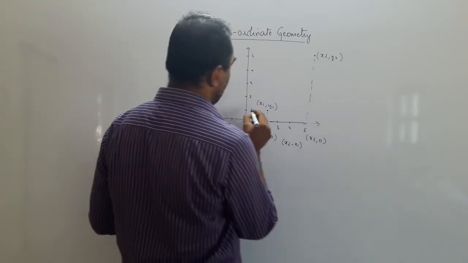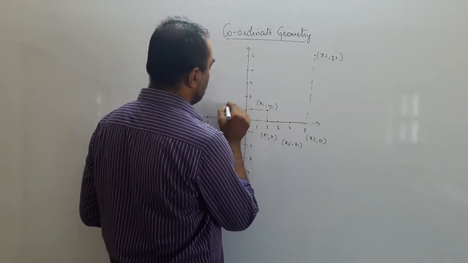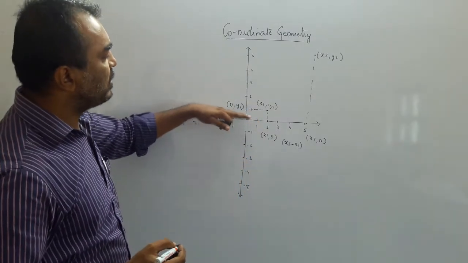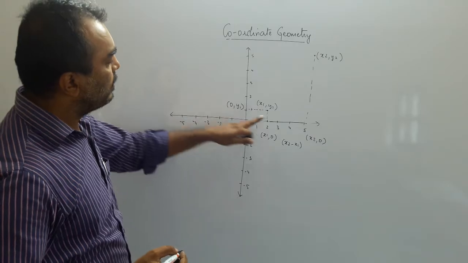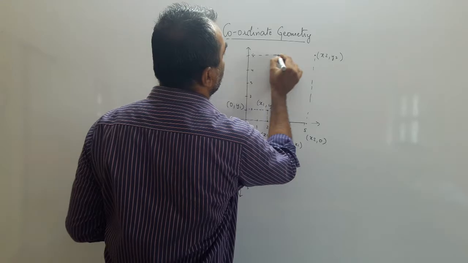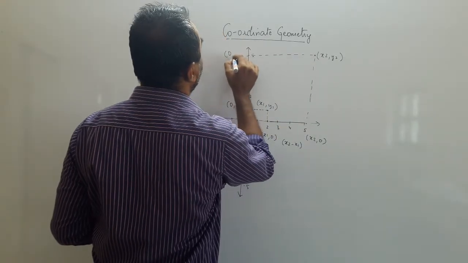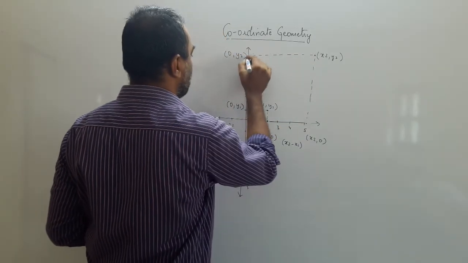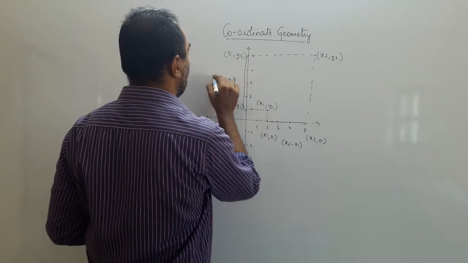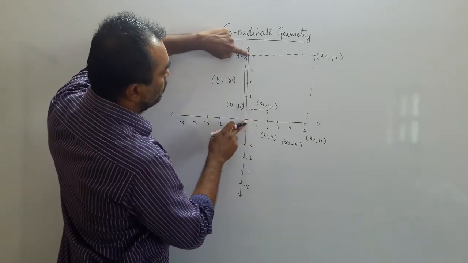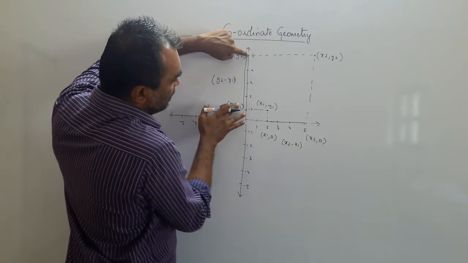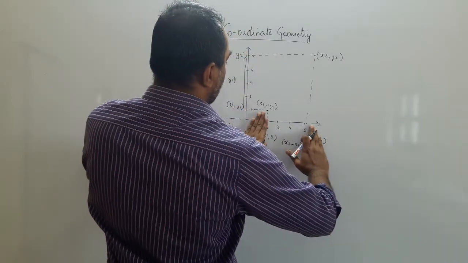In the same way, I draw the vertical here. So this has become (0, y1). Why (0, y1)? Because it has still remained one step to the top, but neither right nor left. This is called the foot of the perpendicular. In the same way, if I draw this, I should get (0, y2). And what is the difference between these two? We write y2 minus y1. How do you get it? This whole thing is y2 and this is y1. So from y2, if you remove y1, you get y2 minus y1. Similarly, this is x2 and this is x1.